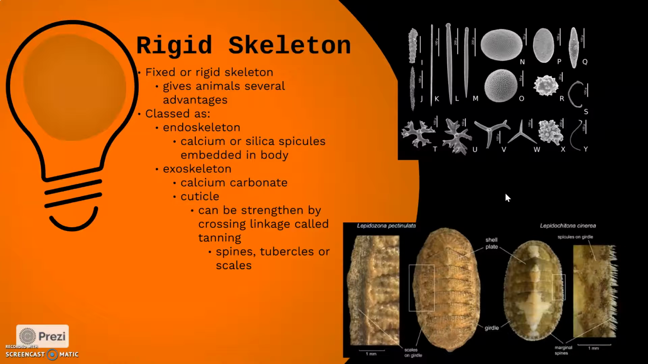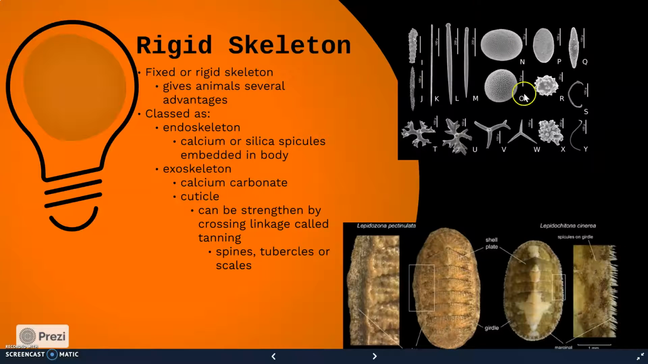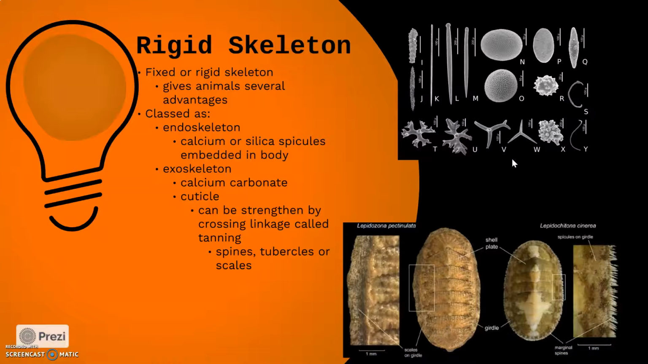The endoskeleton has calcium or silica spicules that are embedded in the body, which can be seen in the top right picture. You might have seen a couple of these in our lab on Tuesday. The exoskeleton is made of calcium carbonate, and some can secrete a non-living external layer, which is known as the cuticle,